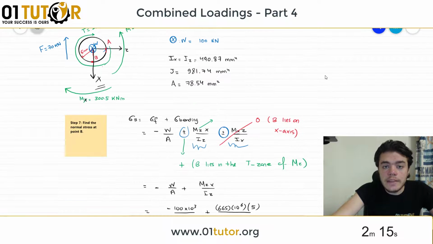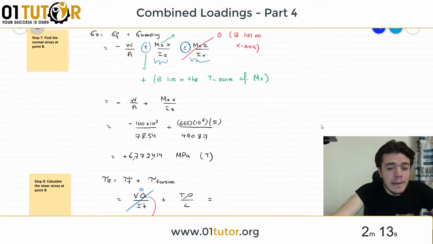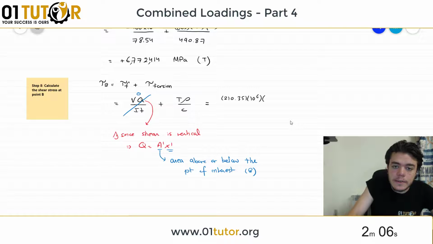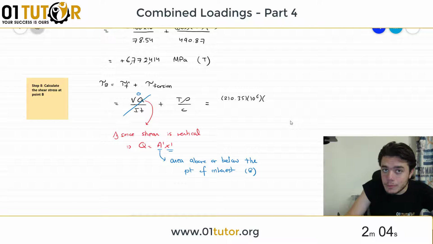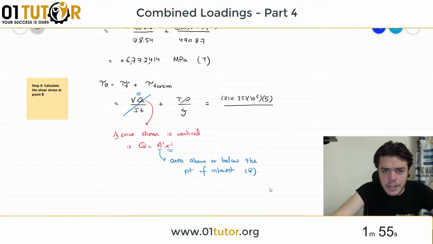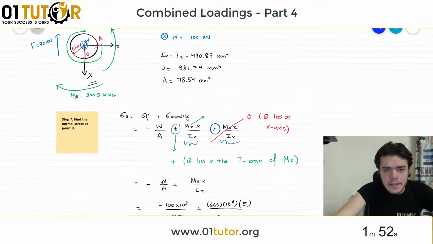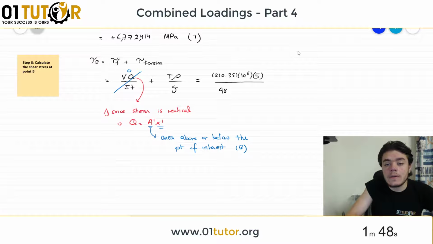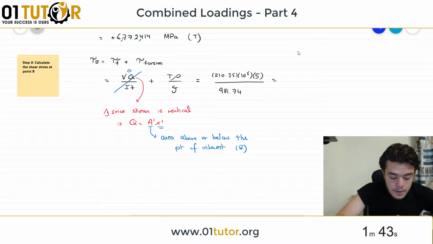So it's going to be T rho over C. The torsion is going to be 210.35 multiplied by 10 to the power 6. Rho is the radial distance between the point and the center, which is going to be 5 because the radius is 5. This is not C, this is J, so T rho over J. And J is going to be equal to 981.74. Now, if you calculate this,